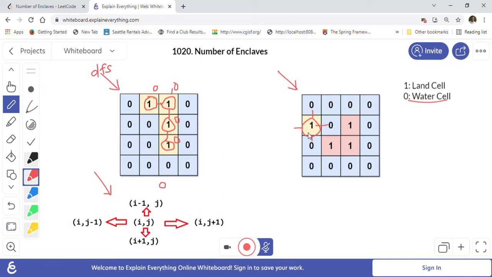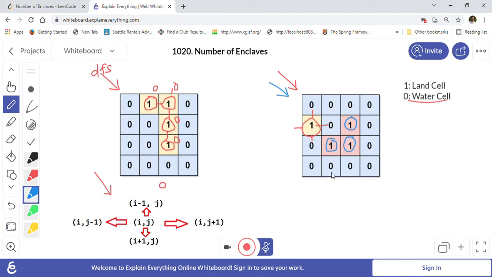There are no other ones on the boundary in this matrix. Once we are done, we retraverse the matrix and try to find out if there are any ones left. During our second traversal, we will see this one, and this one, so three ones we will find.